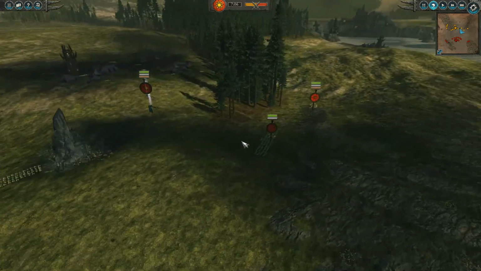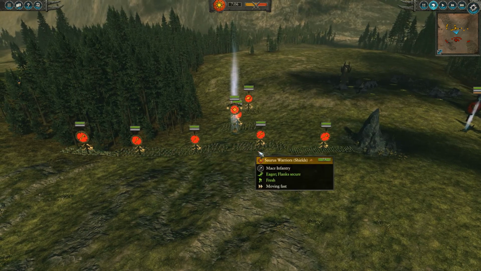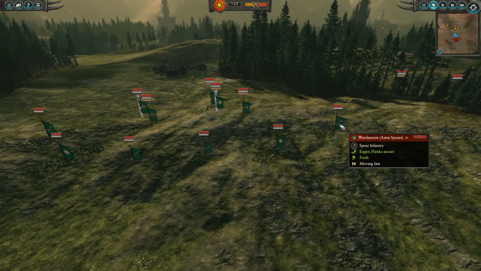So, pretty cool. That's about it. He's got some Saurus Spears in the middle, and some Saurus with shields as well. So over here, the Wood Elves, you can see he's got some Dryads, some War Dancers with